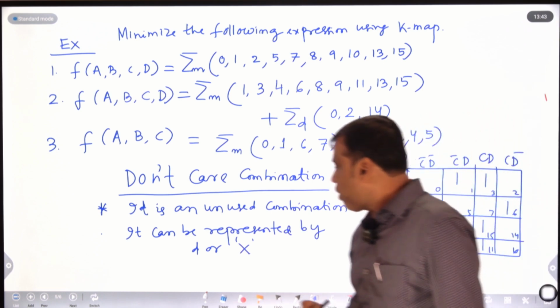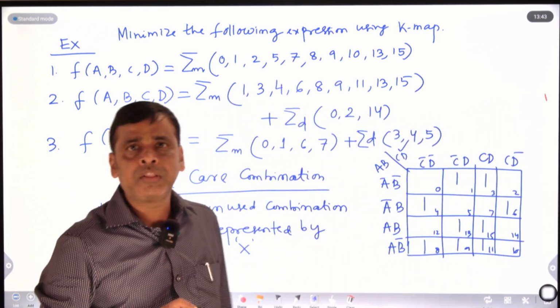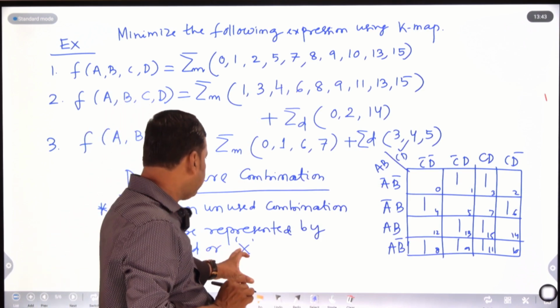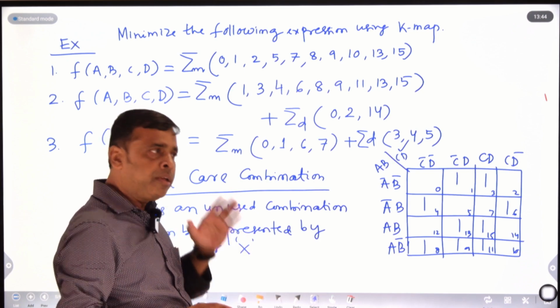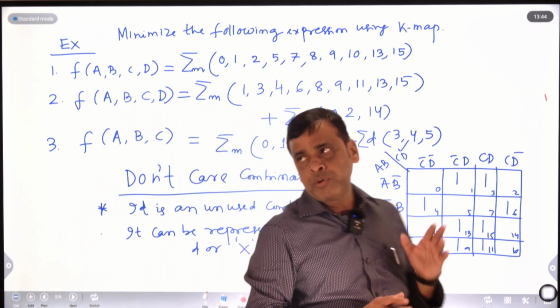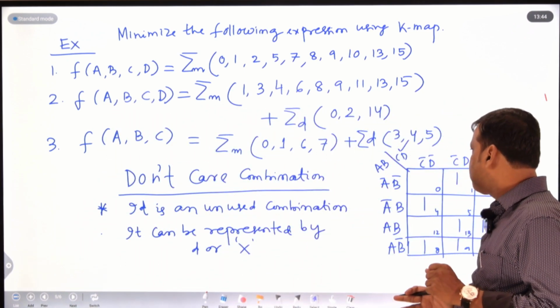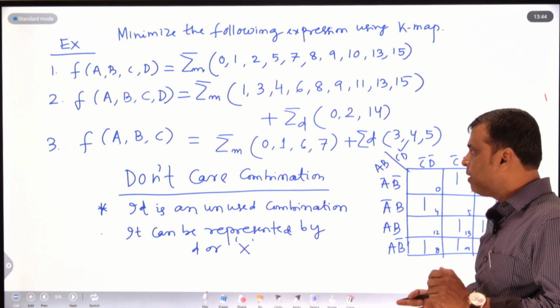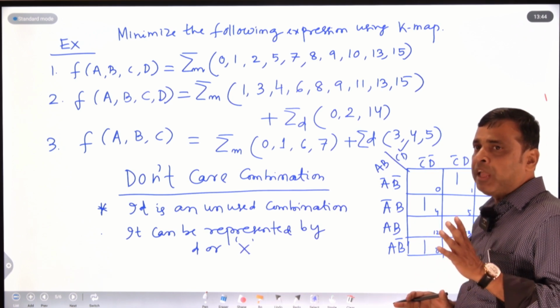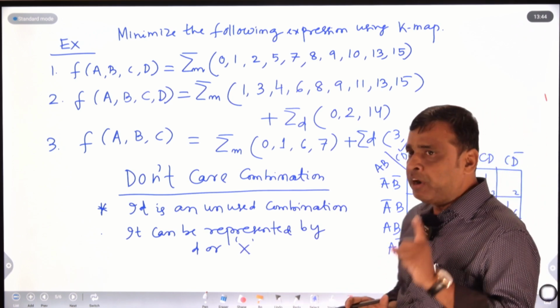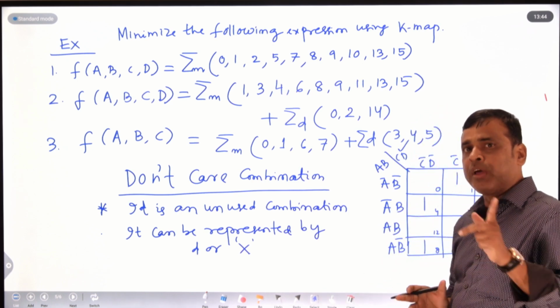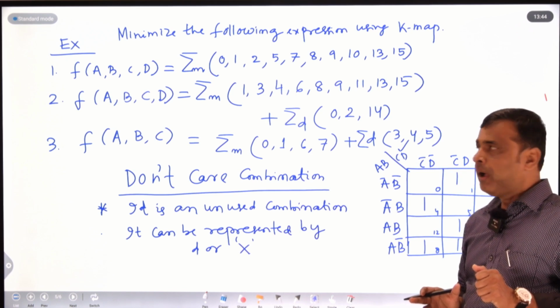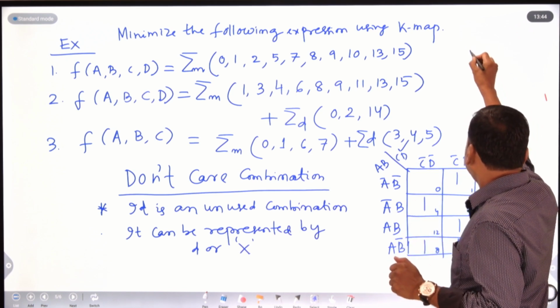Remember, we cannot form a group exclusively with don't cares, using D or X. We can form a group if we combine with min terms, meaning a combination of 1s. If there is a possibility of an octet, if there are 7 don't cares and a single min term, you can form a group, maybe an octet.